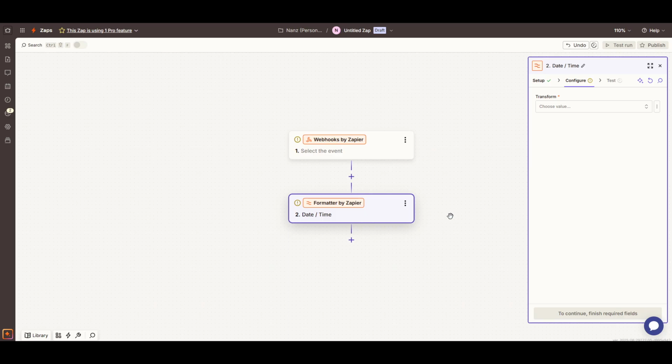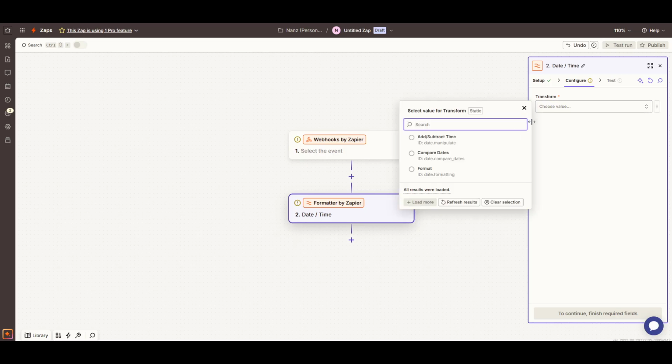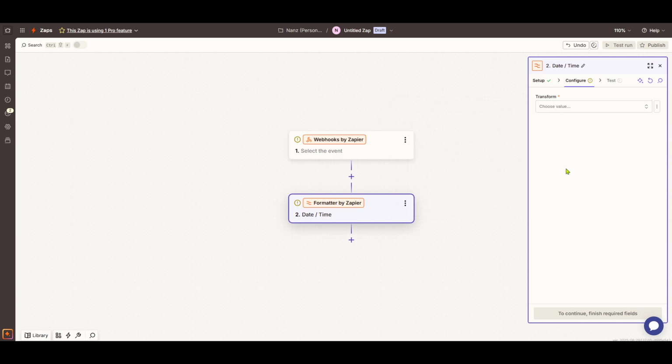With these steps, you now have the foundational knowledge to start using the datetime formatter effectively. Take some time to experiment and explore other functionalities within Formatter, as they can open up even more possibilities for automation. I hope you found this guide helpful, and that you're now ready to start working with dates and times